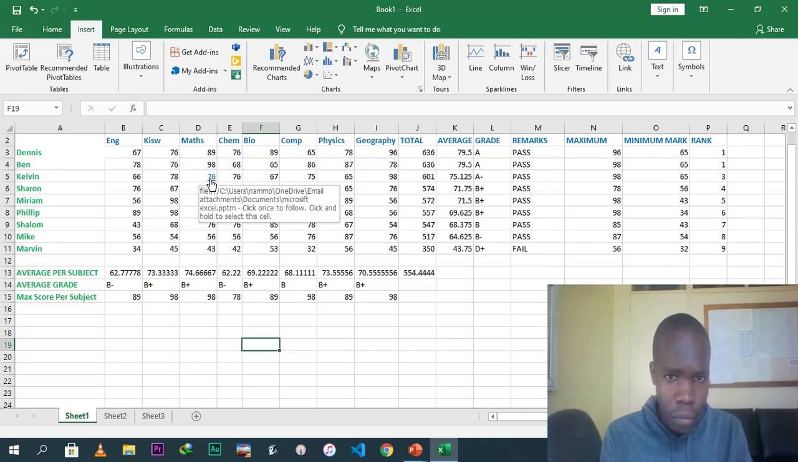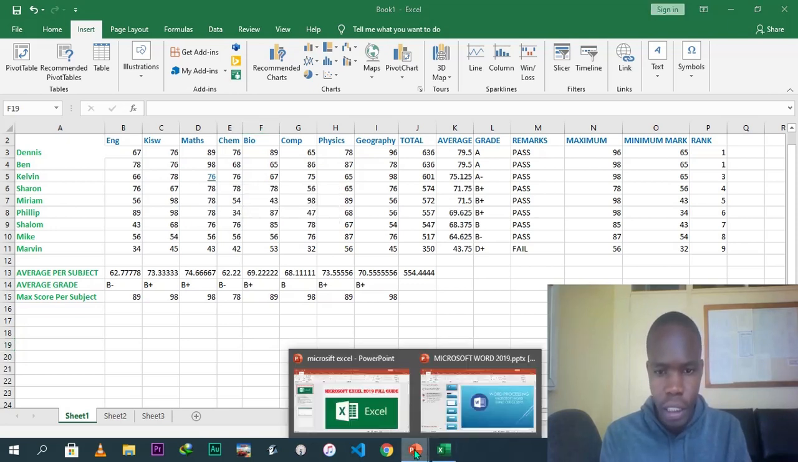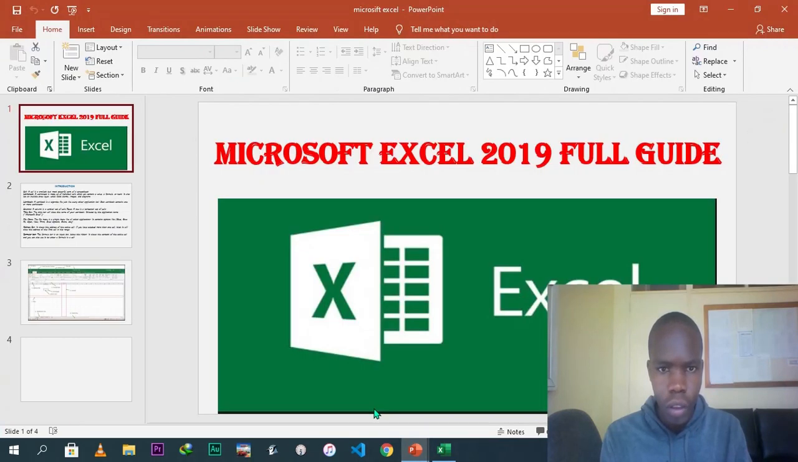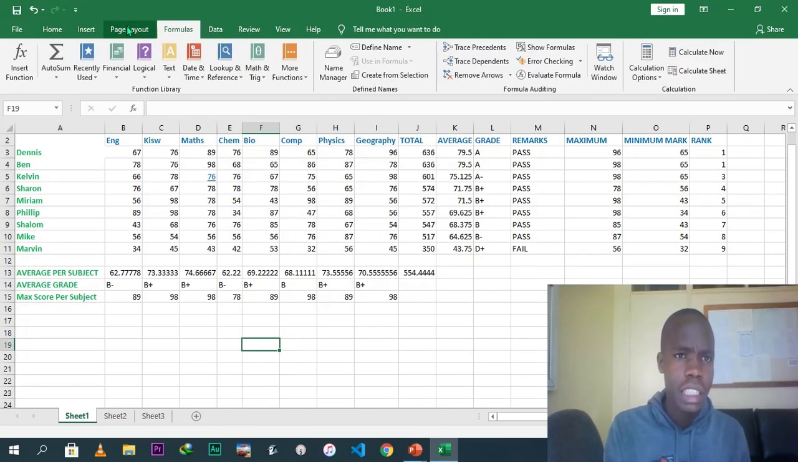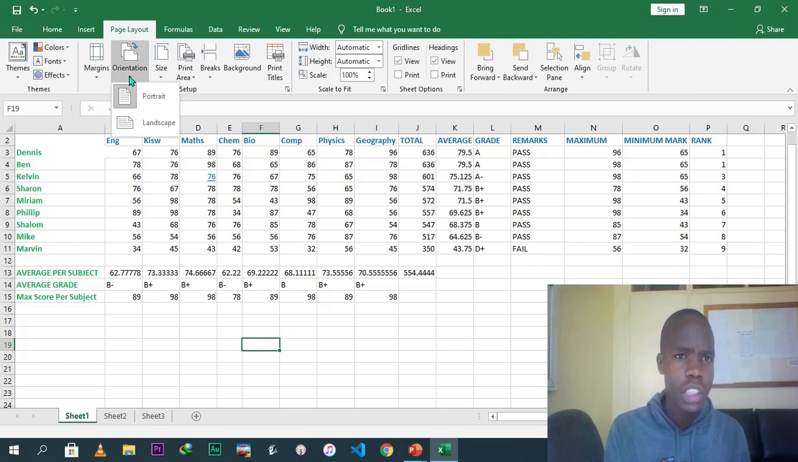If I click on this one, it will actually take me to that other document which is in PowerPoint, which is here. Okay, but I know I don't need to come this way because I have already shown you how to create that link. So friends, I think you can actually see other formulas here: